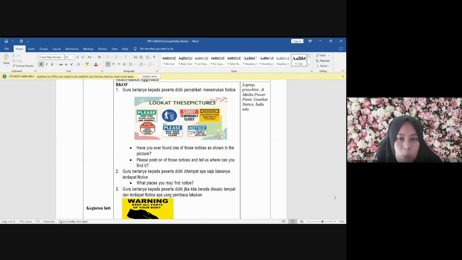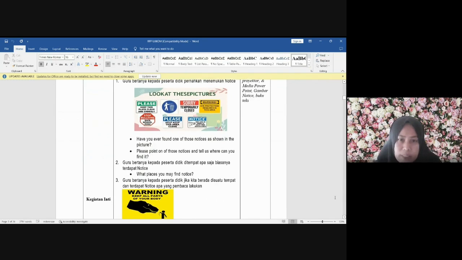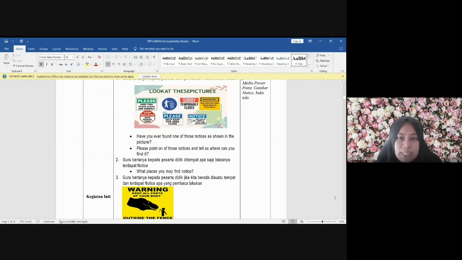Have you ever found one of those notices as shown in the pictures? Please point out one of those notices. Tell us where you can find it. And in this activity,